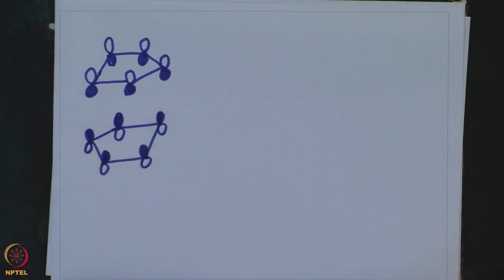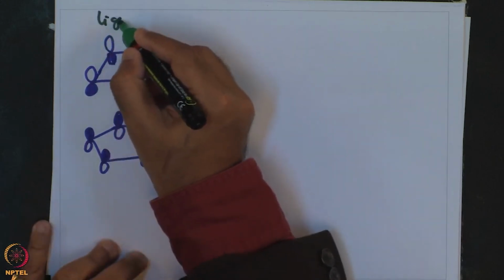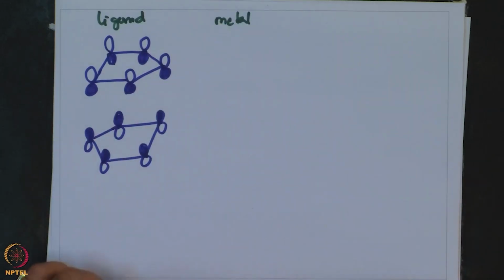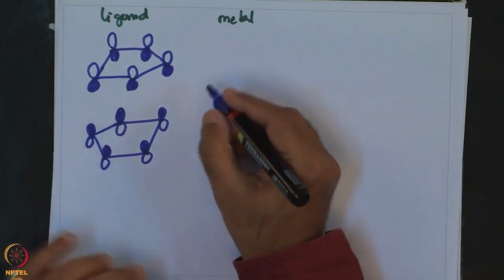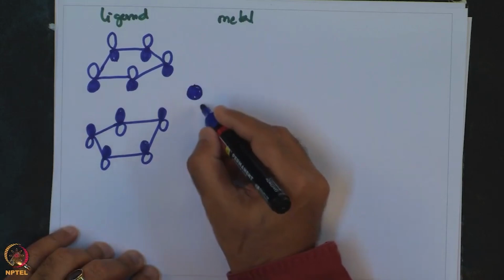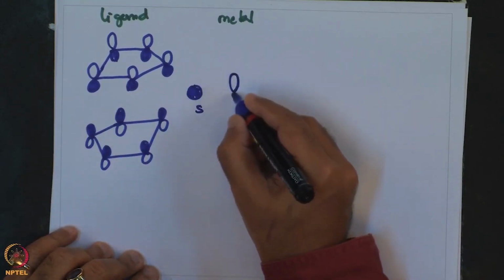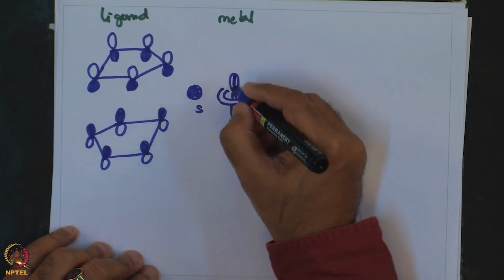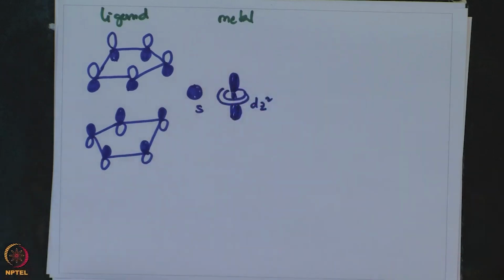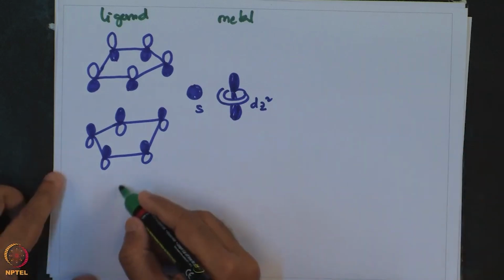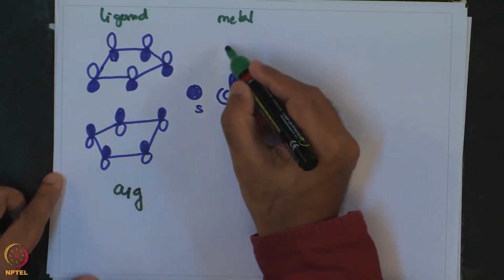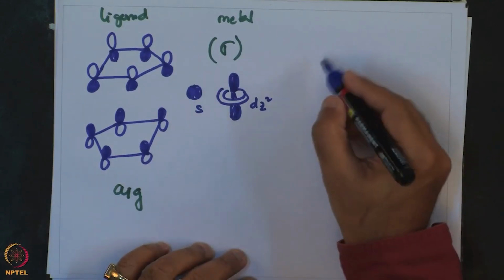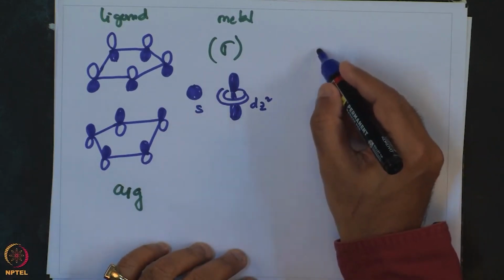So, these are the ligand fragment molecular orbitals, FMOs, and the metal. The metal actually can interact with two orbitals. One is the s type as well as the dz square. Okay, and this is called A1g, and this is a sigma type interaction. Similarly, the other combination is